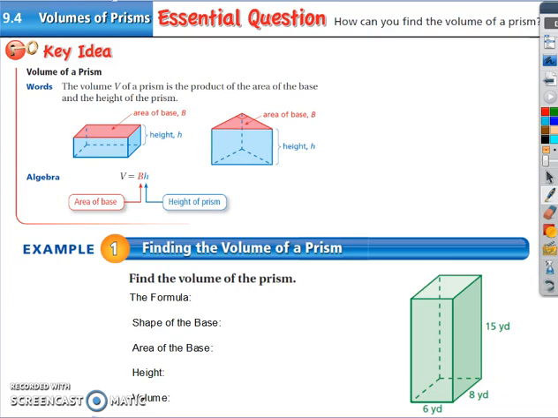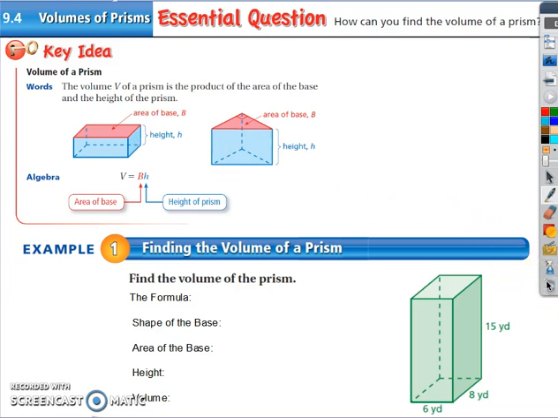Now all that means is that we're going to find the area of one of the bases. Remember, sometimes there are multiple bases depending on what type of figure you're looking at. But we're going to find the area of the base and multiply it by the height. So in this case, I'm going to take the area of this red base and multiply it by the height